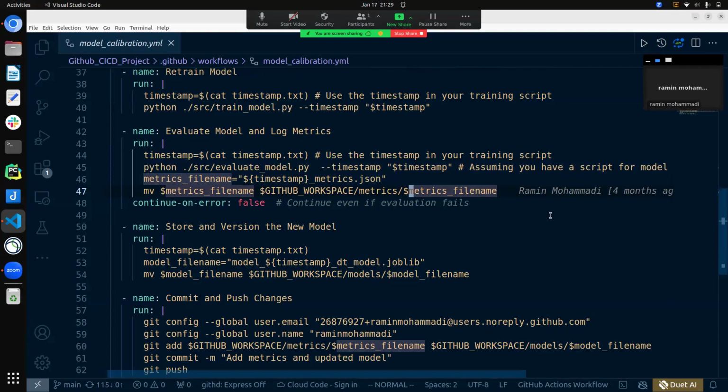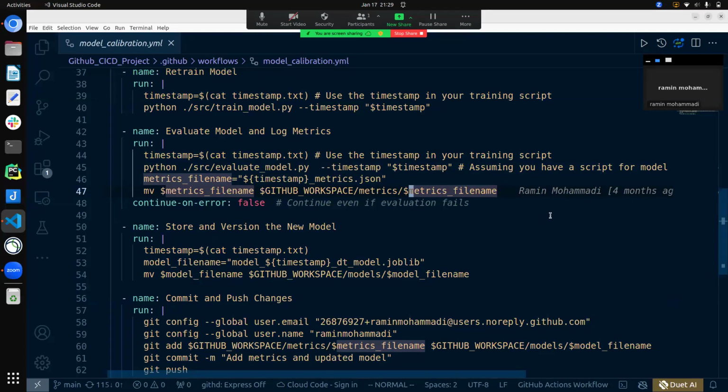And these codes are separate from each other. Remember, every time you do a run, previously we got a timestamp. This one doesn't see that. That's why every time I need to get the timestamp again. So then I run this Python, evaluate that. Then I